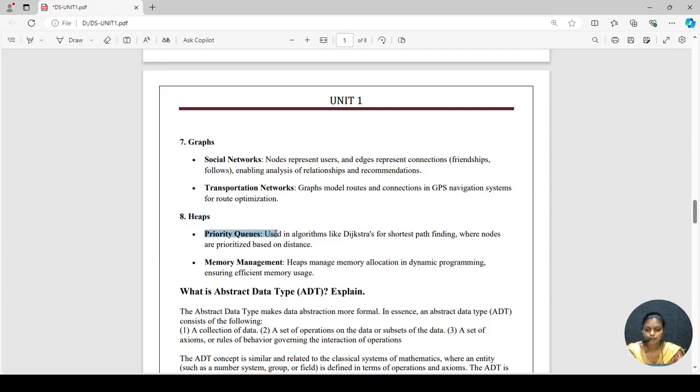The first uses are priority queues and memory management. Priority queues are used in algorithms like Dijkstra's and depth first, which are mainly used in graphs. Memory management means heaps manage memory allocation in dynamic programming, ensuring efficient and proper memory usage. For example, in our systems, memory can be allocated and we can sort by the highest storage. Not only in our systems, we can also sort in mobile phones. In our mobile phones we can sort either from A to Z or by the highest